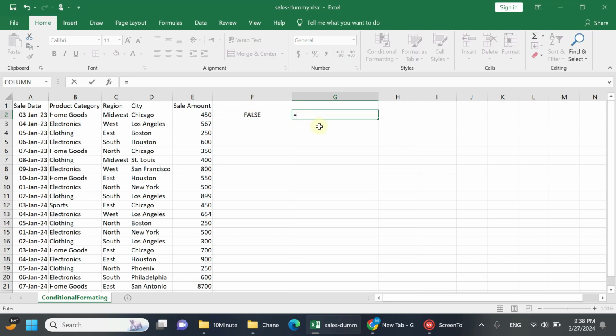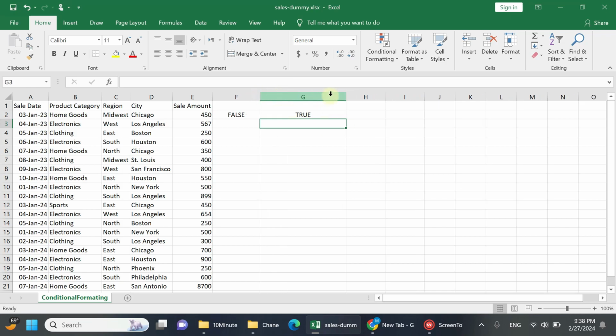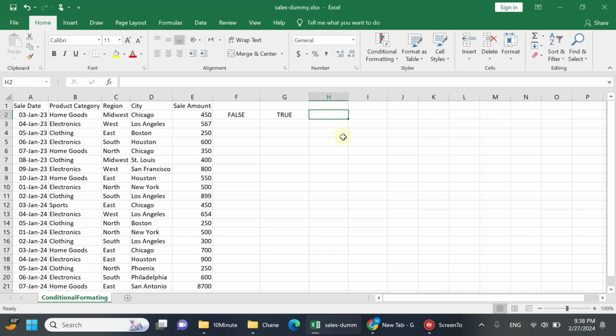Now the second condition is equal to $sign and E2 greater than 400. So this condition is true. We can combine two or more than two conditions with the AND operator. And how does AND behave? AND will return true if all the conditions are true. If any of the conditions is false, AND will be returning false. So if we combine that with AND,